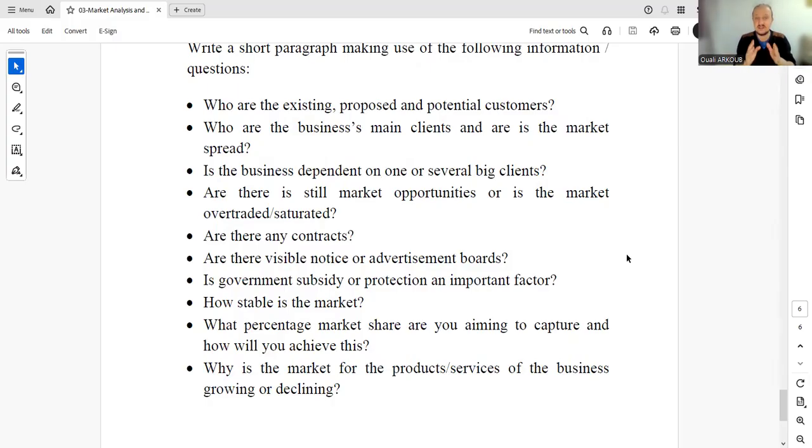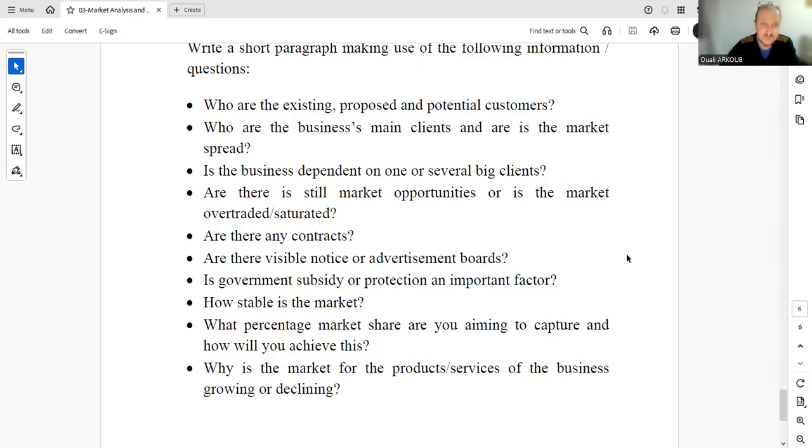Is the business dependent on one or several big clients? We have some kinds of businesses which are dependent on one big client or several big clients, which are the key clients or key customers for this business, or for this project, or for this product, or